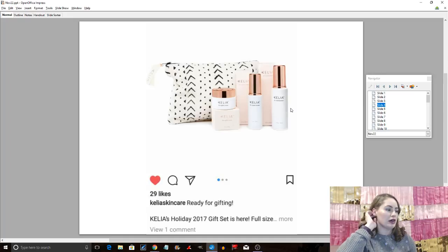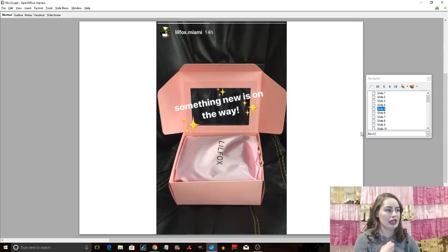This is going to be another thread that goes through today's whole show, that there are tons and tons of holiday sets coming out, which I think is good. I feel like I didn't pay much attention last year, but the year before that, I feel like Green Beauty did not have a lot of holiday gift sets. And this year, there's skincare sets, there's makeup sets, there's sets for everybody at every price point. It's really great. So if you're looking for gifts for someone who's into green beauty skincare, or you're trying to subtly convert your friends and family, this might be a good option. I'll have to look into this brand a little bit and look at their ingredients. But in the meantime,